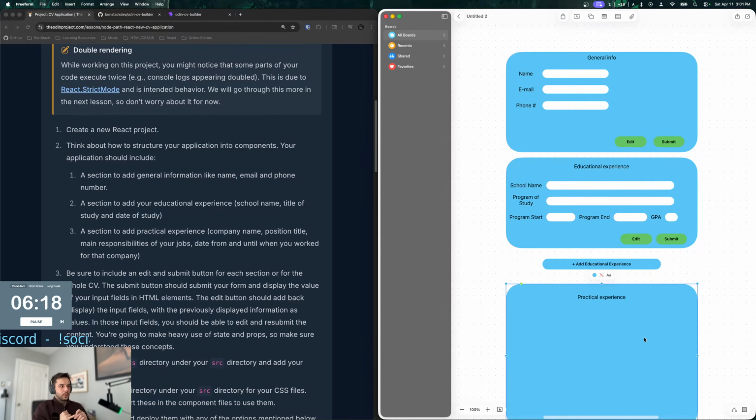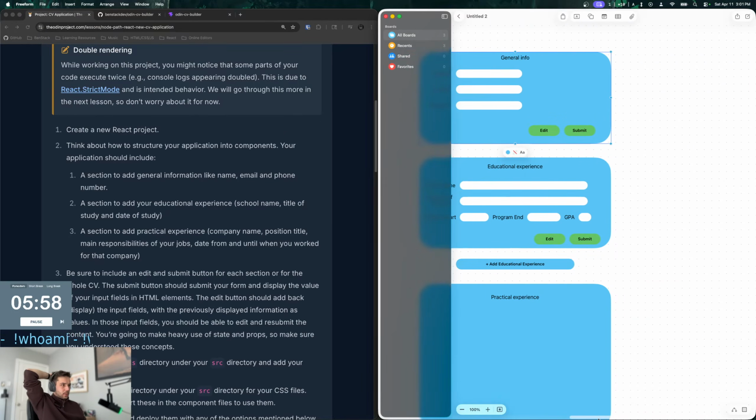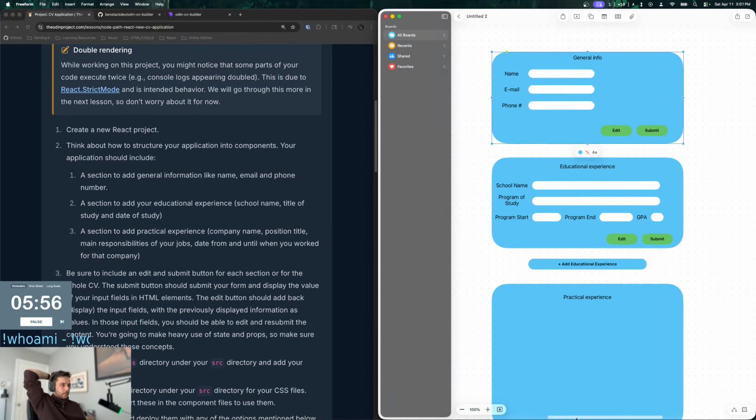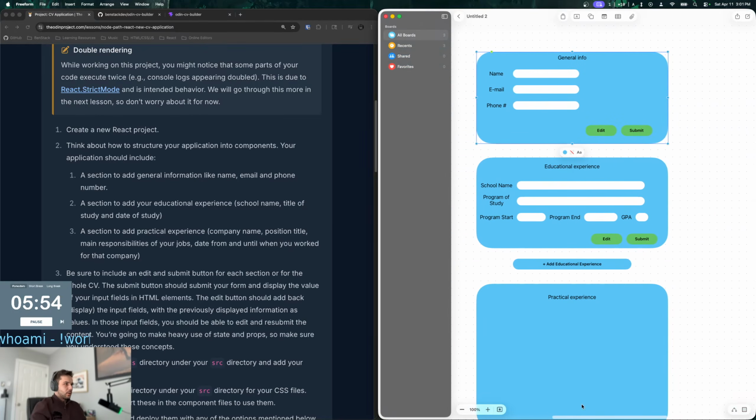I would know what will be a list or an array as well. So this wouldn't be, right? I'm thinking name, email, phone. Do I want to include like socials or something? Yeah, that's true, it'll change the implementation, because this will be a list, right? Educational experience will be a list.